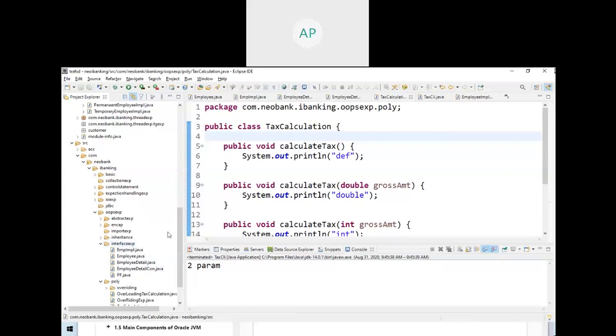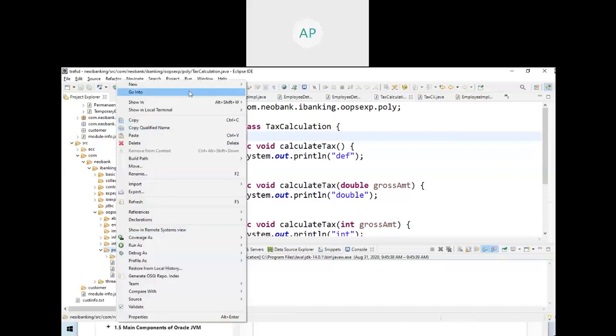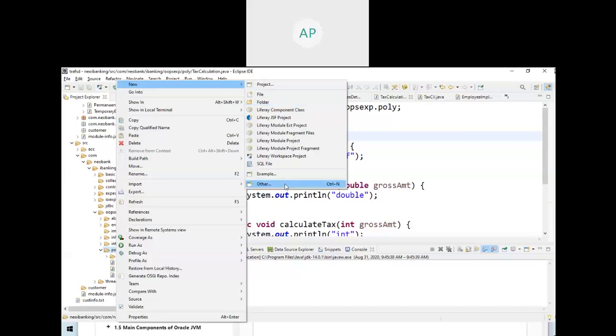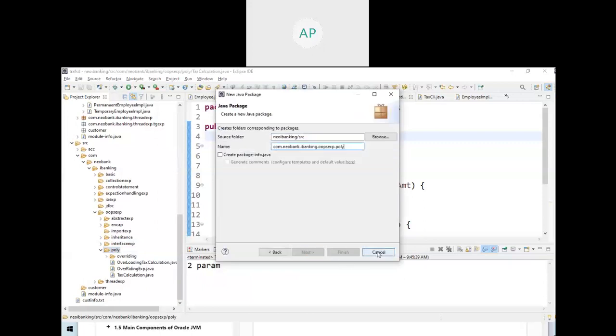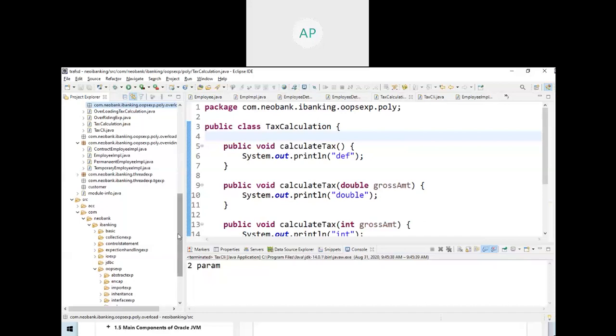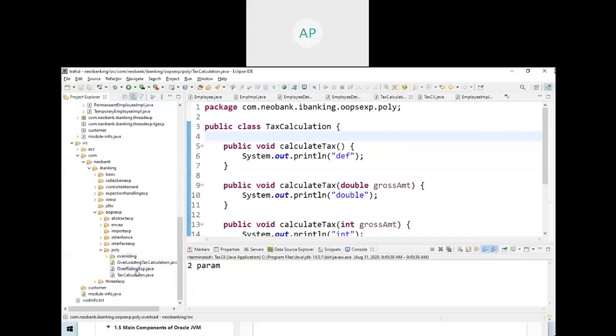Okay, so let me create. You know how to create an interface. To create a folder or package, type package.